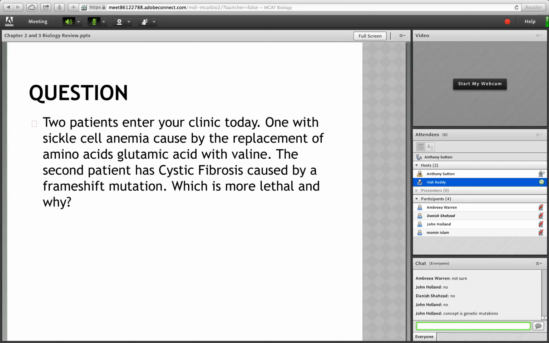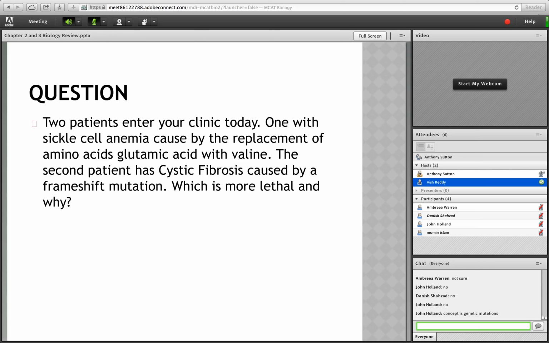John said that the concept here is genetic mutations. Okay, good. That's the big thing. Do you understand genetic mutations? Do you understand what they are, how they function, that kind of thing? And since that's the first concept,